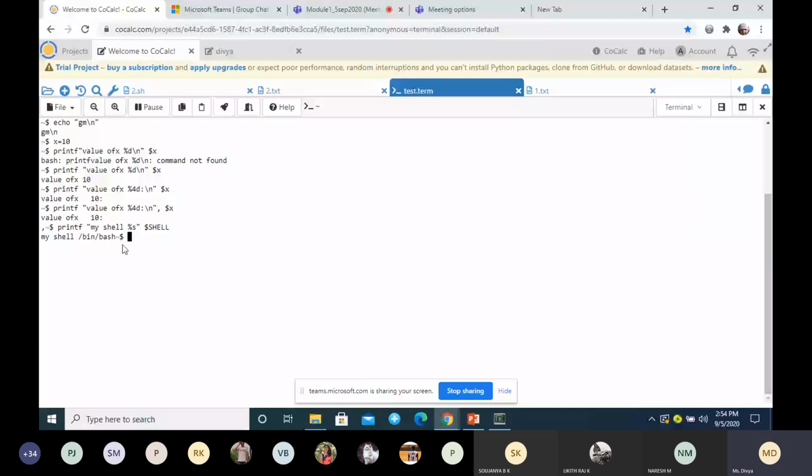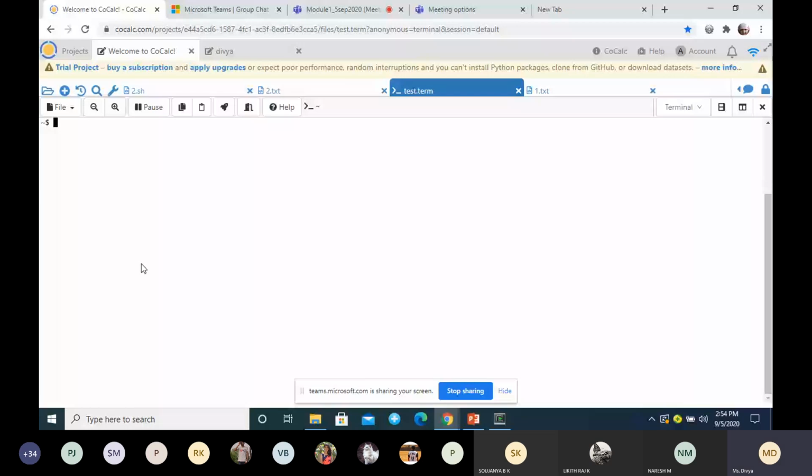So there is one more. Clear the screen. You can convert from one format to another format. For example, if the number is in octal, you can convert it into decimal, or if it is in decimal, you can convert it into octal number, or hexadecimal number.